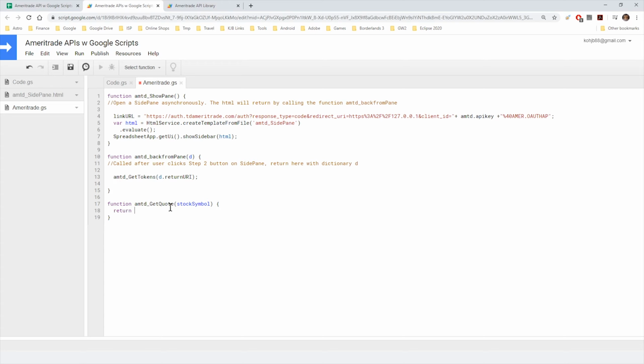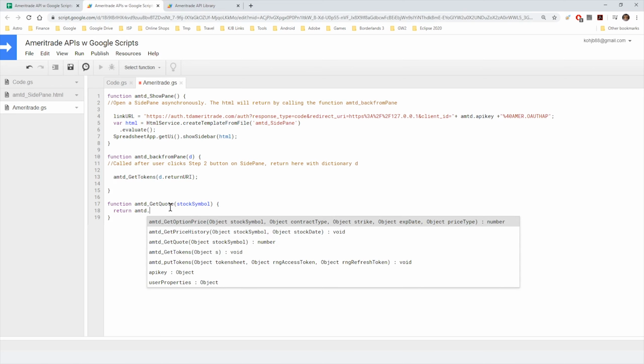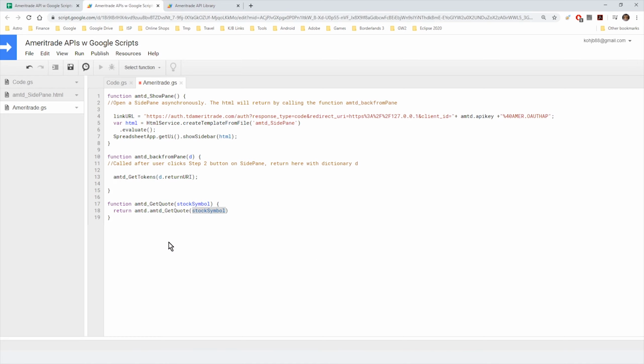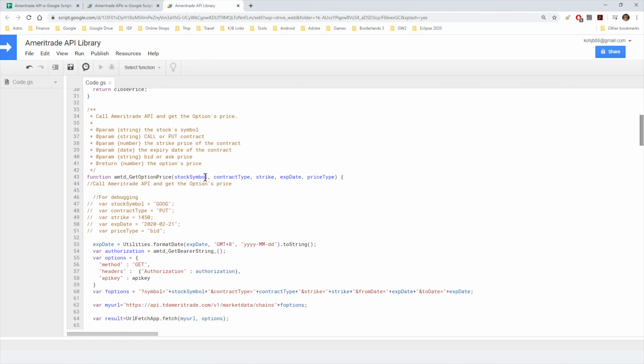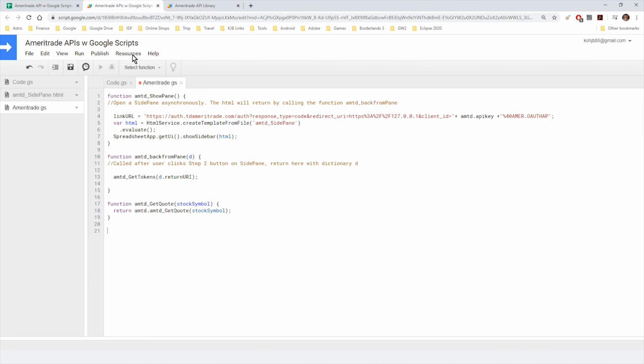And here is where I just simply return the library function. So AMTD and the nomenclature AMTD dot, and you can see that it has populated the autocomplete, and you can choose the correct one. Okay, and that's it. So basically this call will access the getQuote function, and the next one that I would like is to access the get option price, so similarly I'll do the same thing here, AMTD get option price,